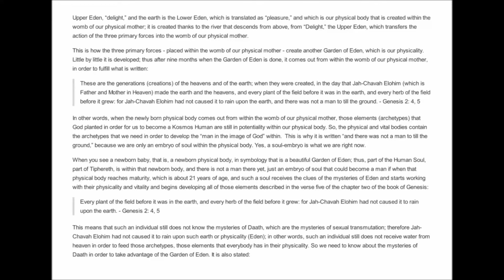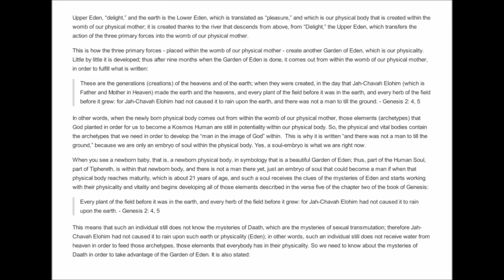So that's why it says that there was not a man to till the ground, because only the soul is within the body. As we are right now, of course, you see a newborn baby. That newborn physical body is that beautiful Garden of Eden in symbology. The part of that human soul, that part of Tiferet, is within the body. So still there is not a man there. It's just a part, an embryo of soul that could become a man if,